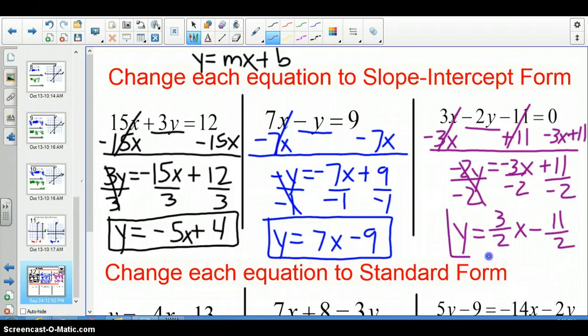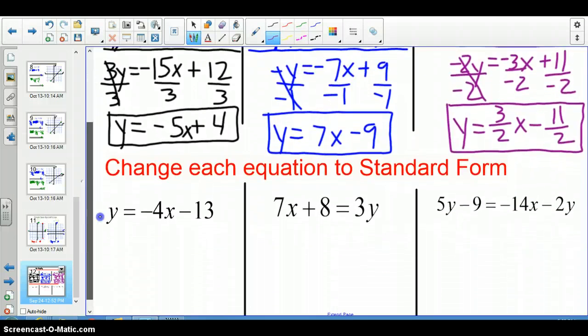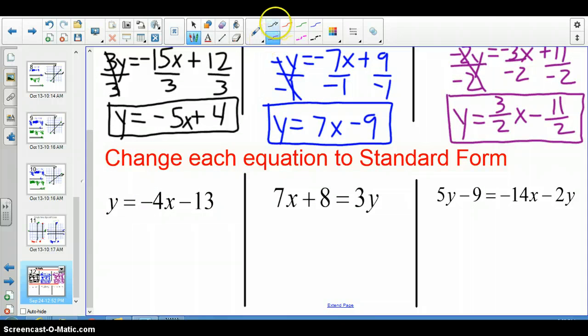So now if you'd like to, you can graph those in slope-intercept form, if that makes sense to you. Now, if you can understand them in standard form, then we can change them to standard form. Remember, standard form is ax plus by equals c. X and y are on the same side of the equal sign. So for this first example, I need to move this negative 4x to the left side. So I'm going to add 4x. So I'd have 4x plus